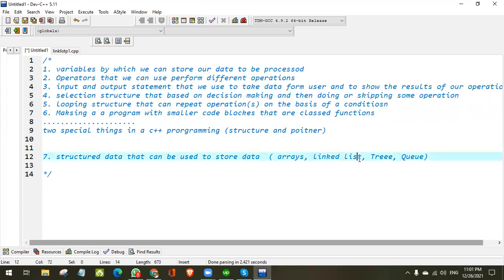First of all, you will have to learn what is actually a linked list. Linked list is not a programming. Look at here. Linked list is a way to store and retrieve and perform some specific operation over a collection of data. You understand? I repeat, linked list provides us a standard way of storing data, retrieving data, performing operations on that data. So we will have to learn first what is a linked list.